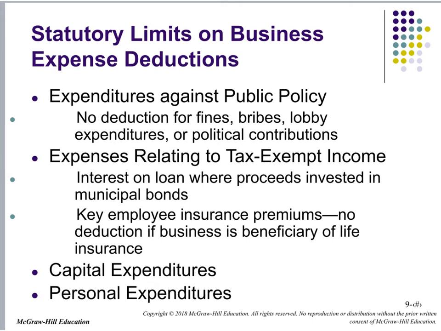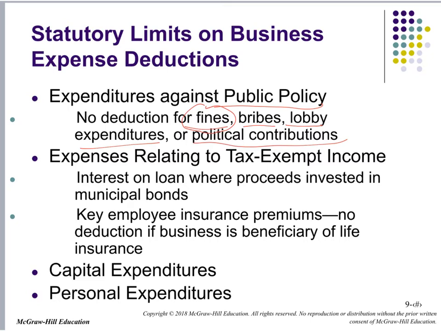So there are some statutory limits on the types of things you can deduct from a business perspective. So expenditures against public policy. So you get no deduction for fines, bribes, lobby expenditures, or political contributions. A great example of fines is